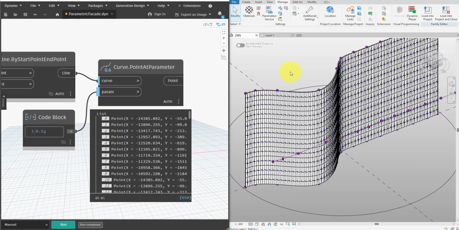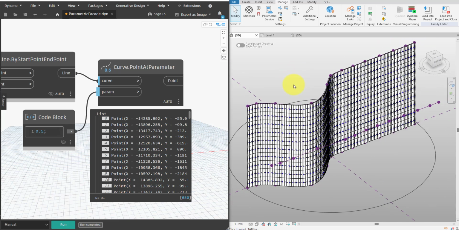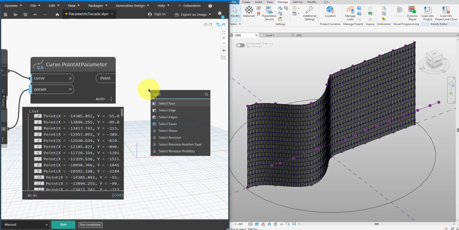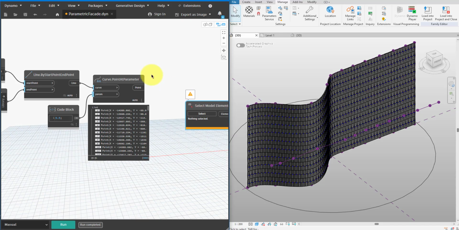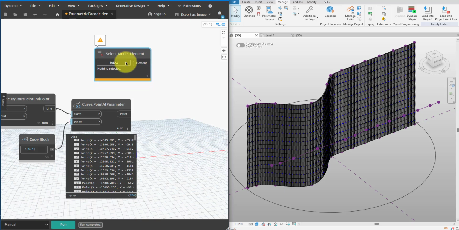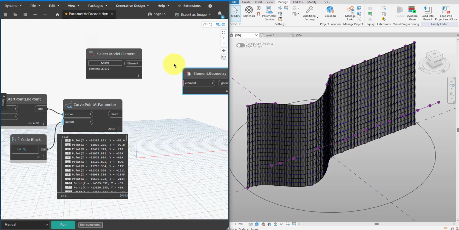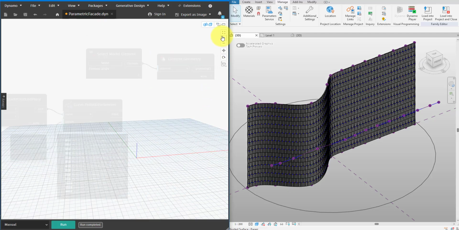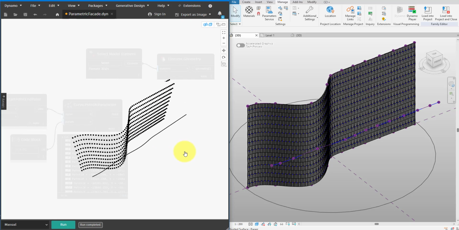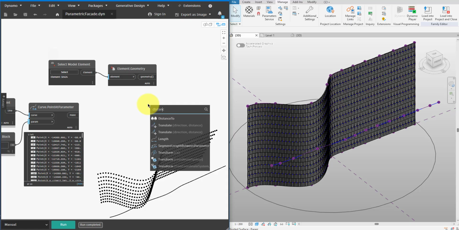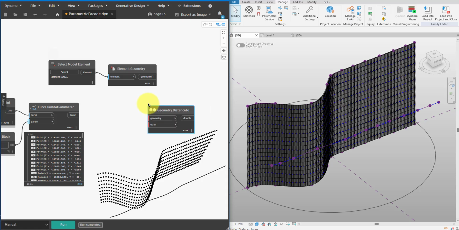With these midpoints in place, I can start to measure their relationship to an attractor. I'll select an attractor curve in the model using a Select Model Elements node. Make sure to select only the reference curve in the model, not the reference points on it. Then, I can pull its geometry using the Element Geometry node. As you can see in the preview in Dynamo, our panel location point and attractor curve are in the correct coordinates. This means I can use a new Geometry Distance to node to calculate the distance from each panel's midpoints